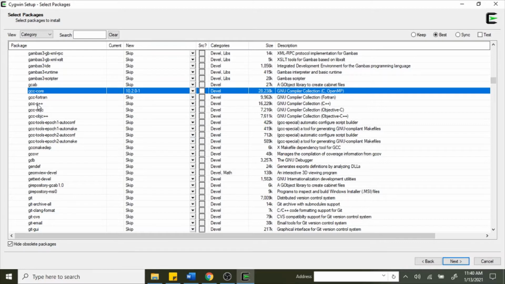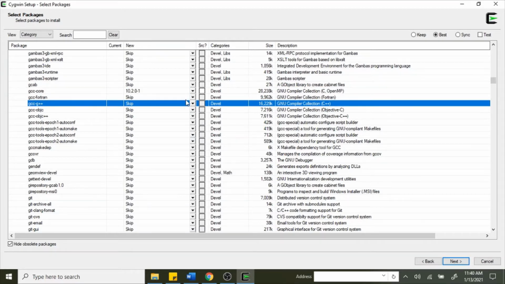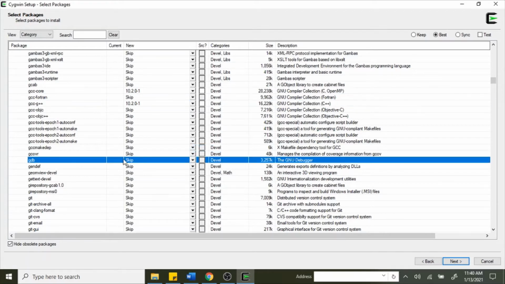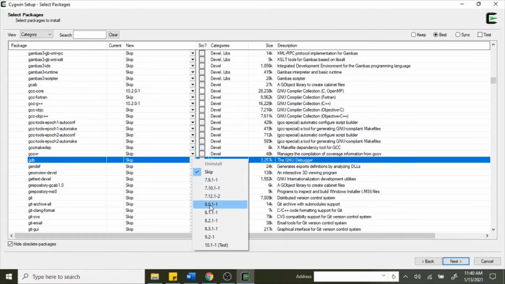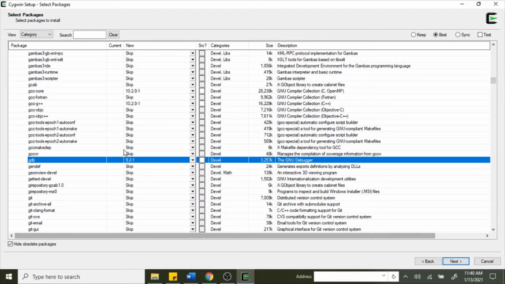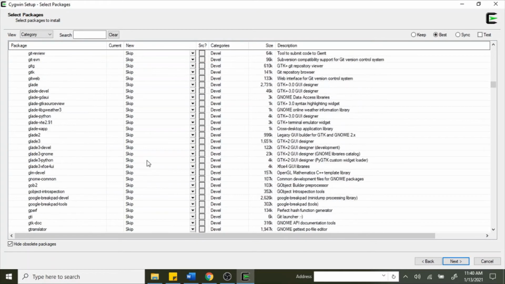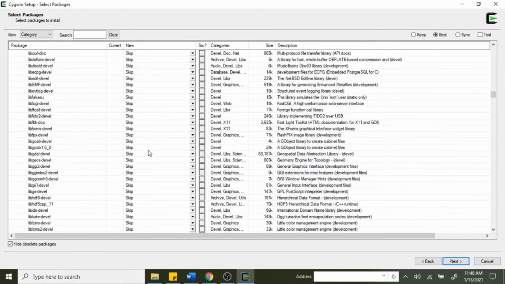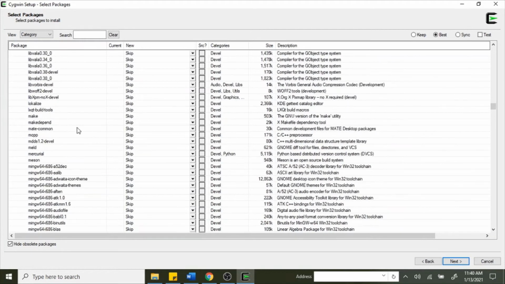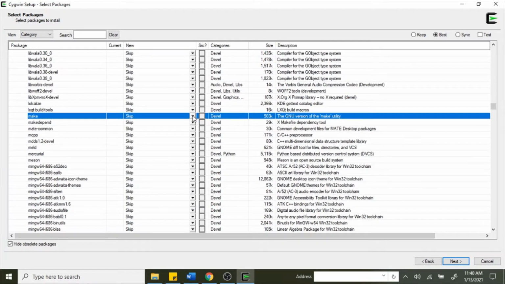I need the GCC G++. I'll do the same thing there. GDB. I guess I'll do the one before the test here. And then I need the make. And I'll do the latest one here as well. So those are all the 4 that you need, and we'll just hit next